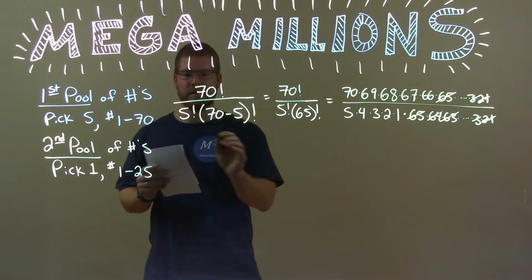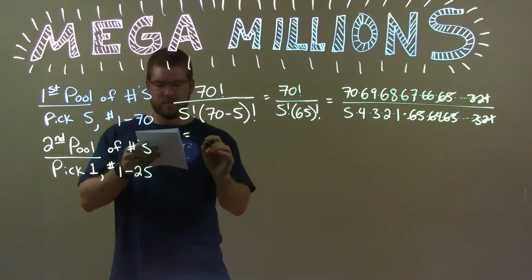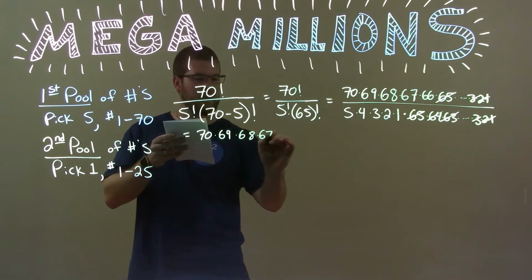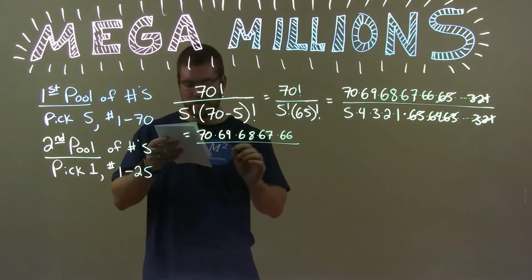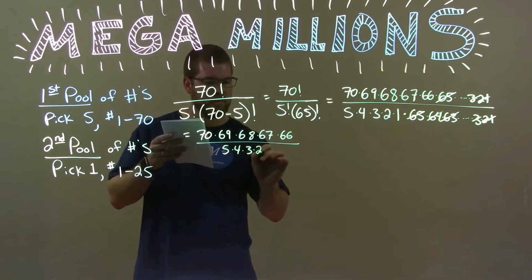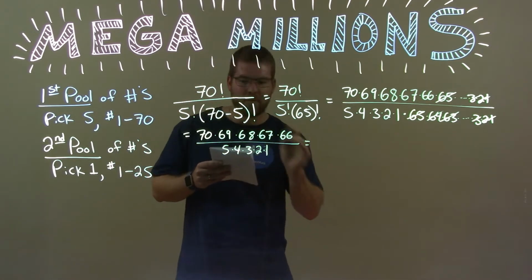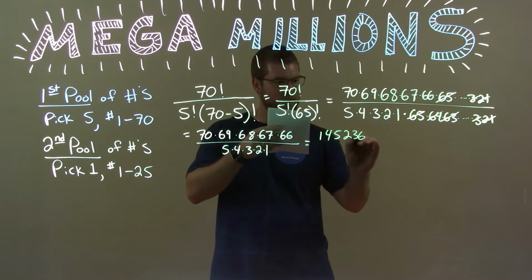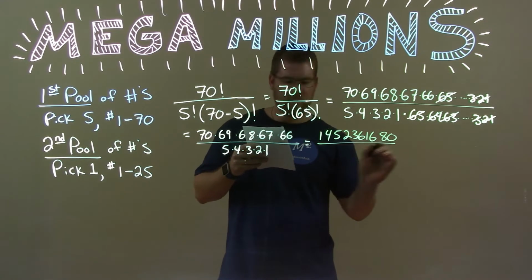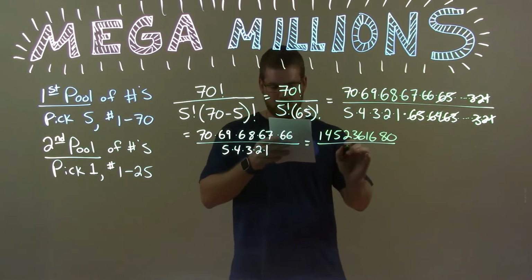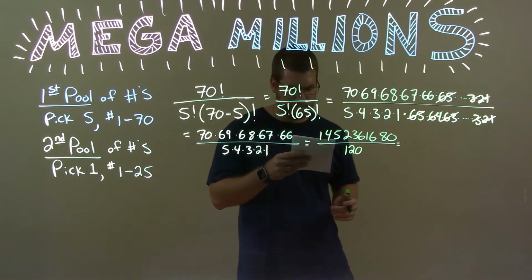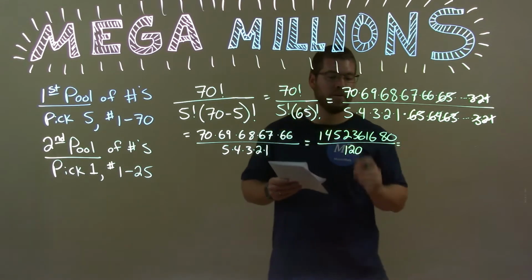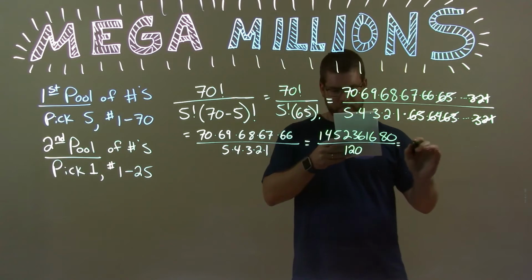All right, we have, let's bring it down over here. Okay, we have 70 times 69 times 68 times 67 times 66 over 5 times 4 times 3 times 2 times 1. Multiply out the numerator. We can do that in our calculator. We get 1,452,361,680. And divided by 5 times 4 times 3 times 2 times 1, which is 120. This comes out to be, we take this large number, 1,452,361,680, divided by 120, and we get